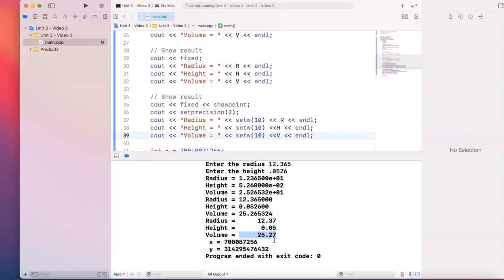So the decimal point will line up nicely. So that's the set width. I'm done with this example. I'll do a different one with fixing the output, making